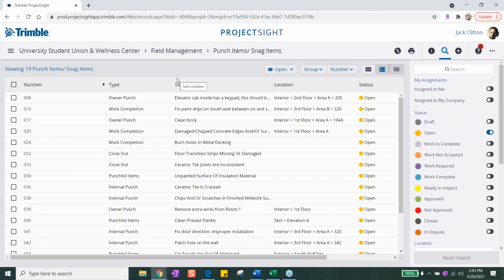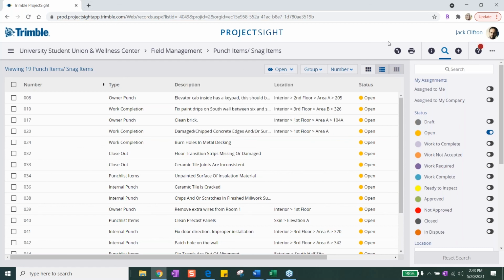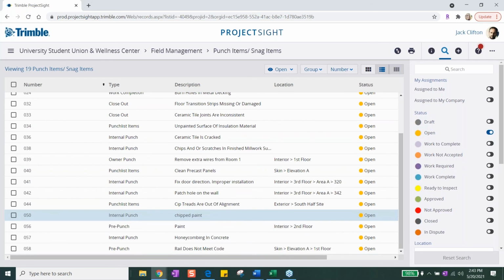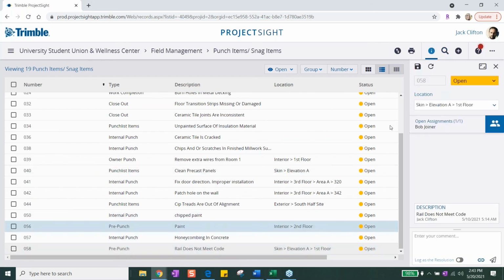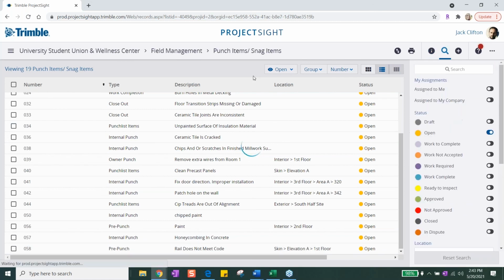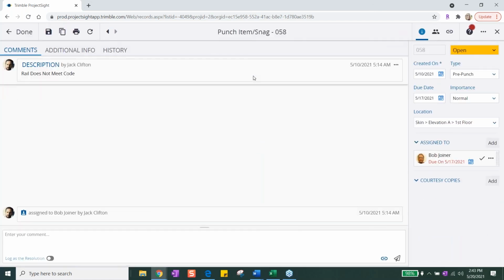So here's a log. We always start off with a log that you can easily filter for or look for a specific view, right? I can come in here and import, export my punch items. There's the print button. And if I'm looking at a punch that already exists here, I can come in here and do a quick view, or if I expand on this item, then I can come in here and look with something that happened